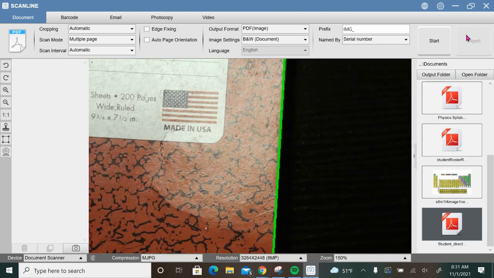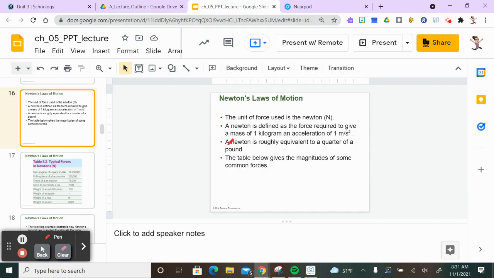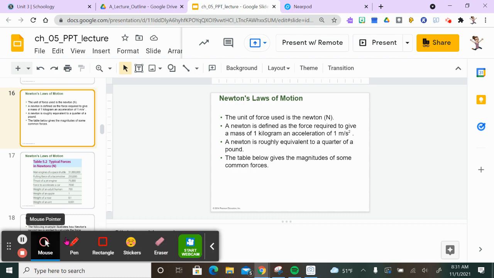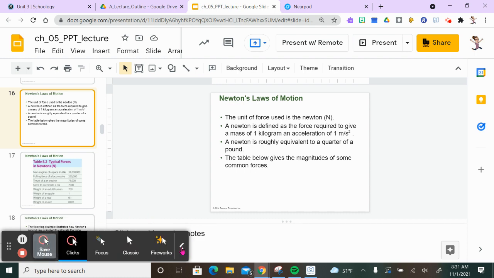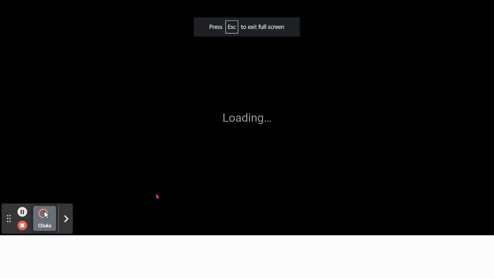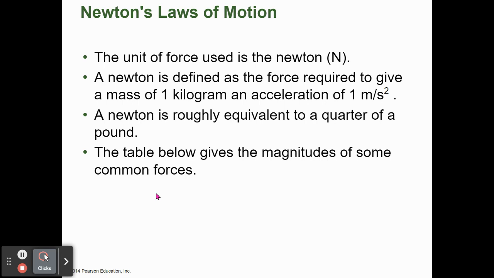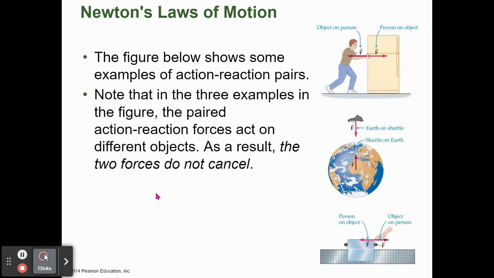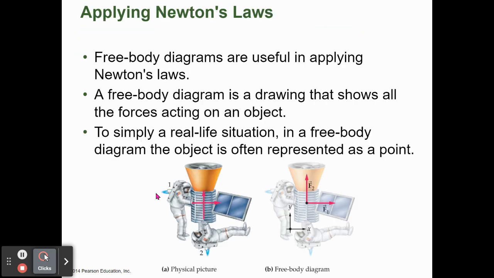Let's talk about 5.2, or start talking about 5.2. We won't necessarily finish it today, but we'll start it. So let's go presentation mode. So in 5.2, we're looking at applying these Newton's three laws. And so we've talked about Newton's laws already. And one of the main things with applying Newton's three laws is we're going to be drawing,